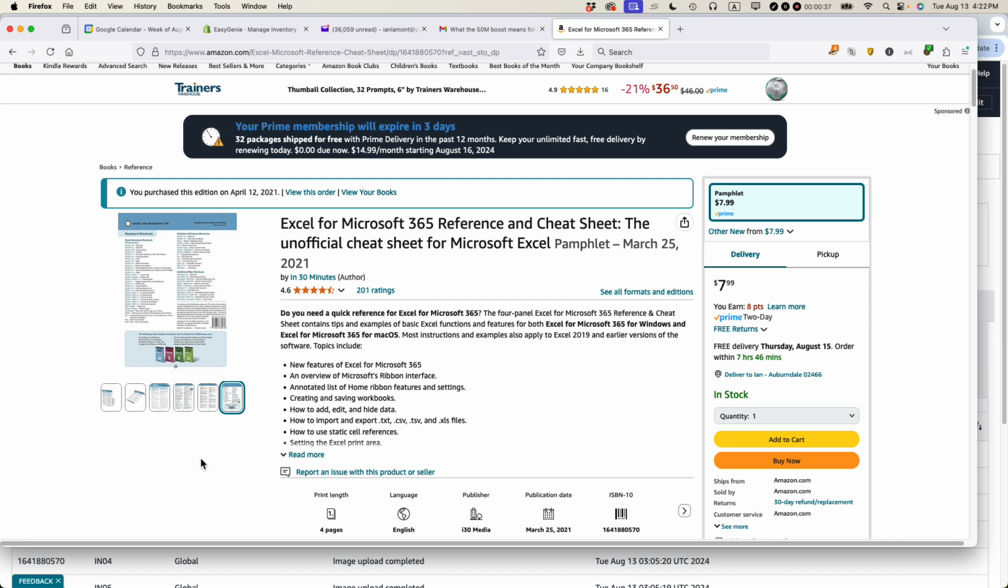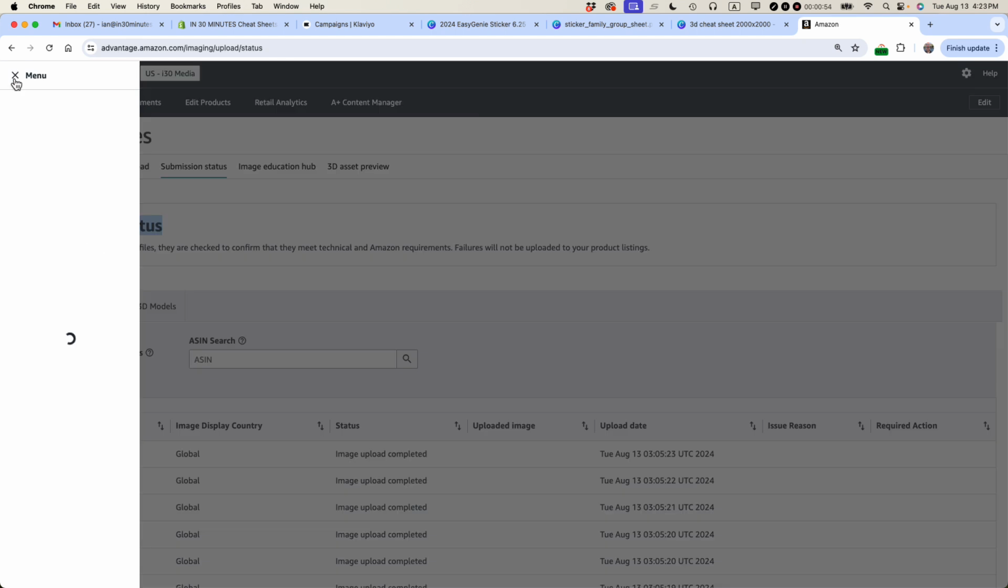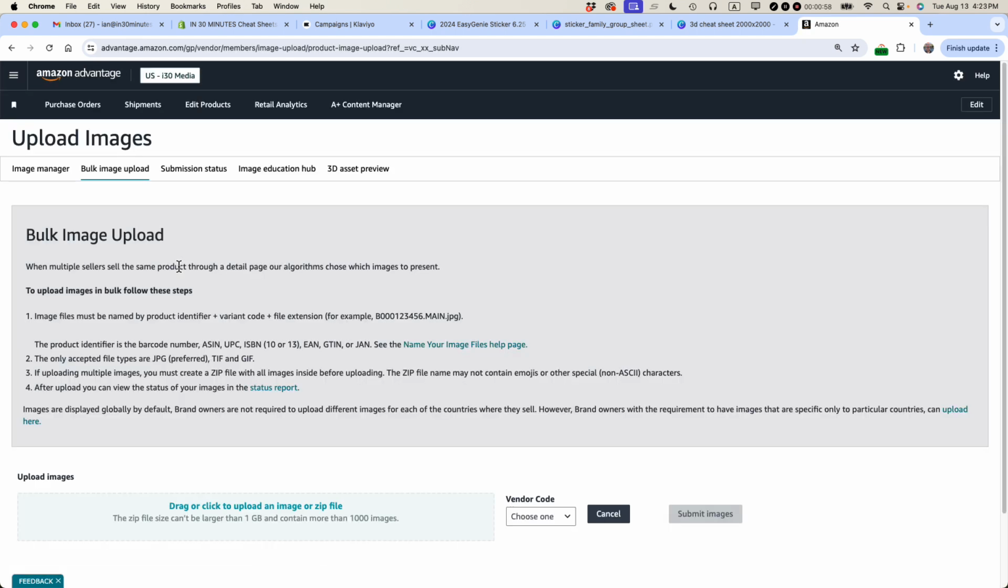And I want to talk about the mistakes that come up most often. Sometimes I've encountered these mistakes myself. At other times when I have clients, I hear from them that they can't upload it and they're wondering what's going wrong. So let me break it down for you. The first thing is to get to the area where you upload new images. You go to the hamburger menu, upper left corner, select items, and then upload images,